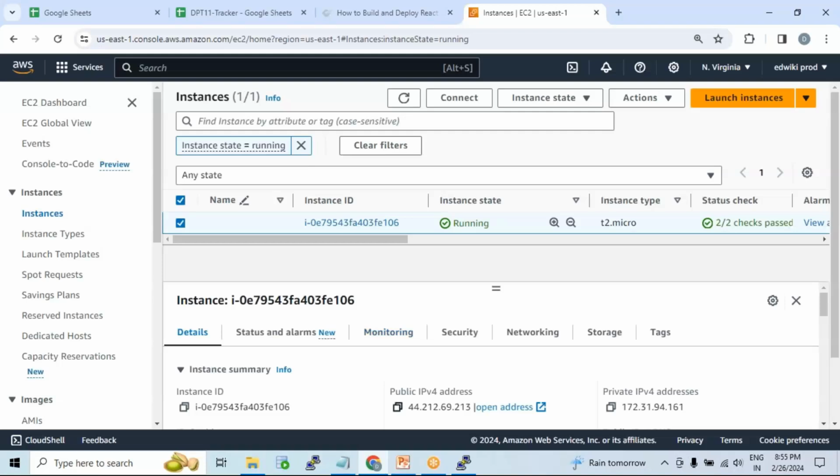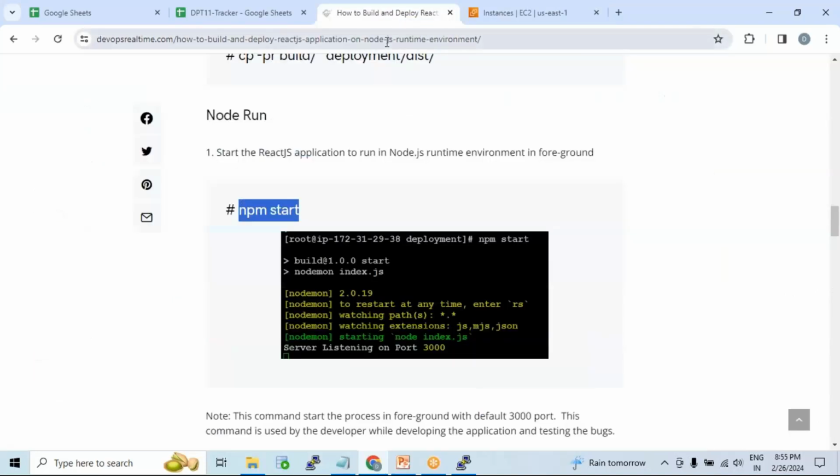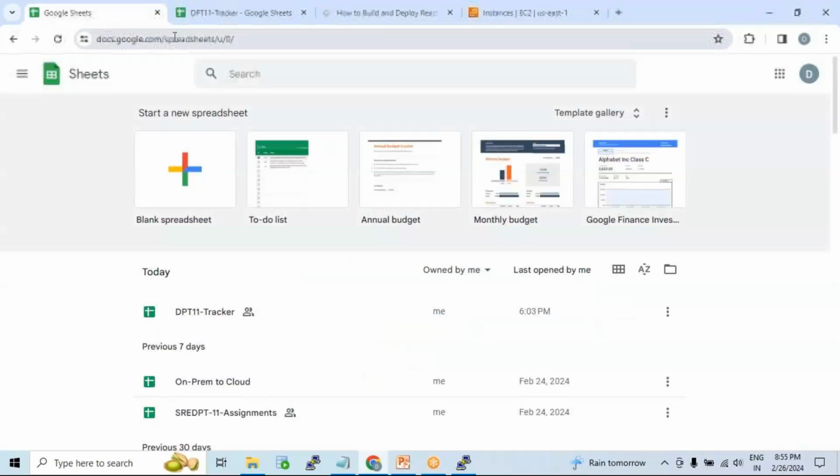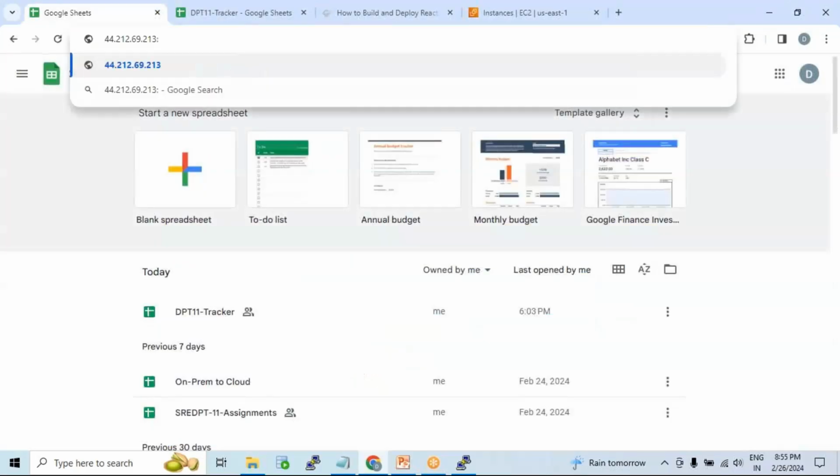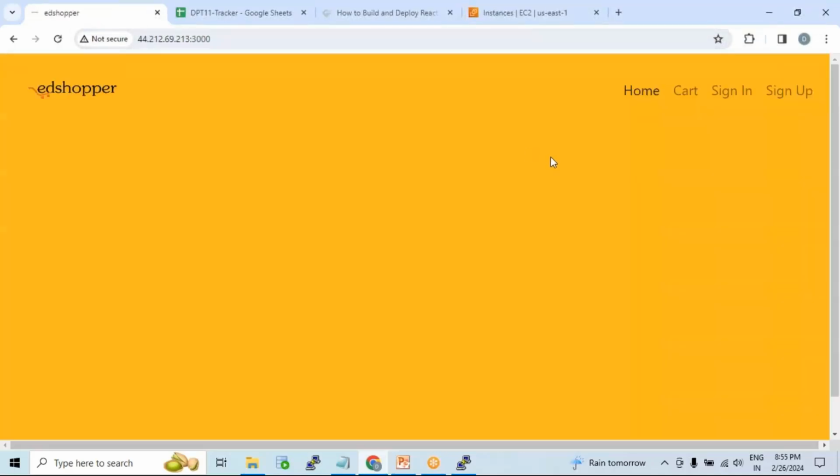Let me copy the IP address here and go to the browser. And I want to access the application on 3000. There you go. So this is how you are getting the UI page, right? Of course, you are not getting so much graphical stuff. That's fine. As long as my website is working, I'm good. Depending on how the developer has written the code, accordingly your website will come, right? But at least good that I have got something, and I got sign in, sign up, and the company logo, all of this stuff,